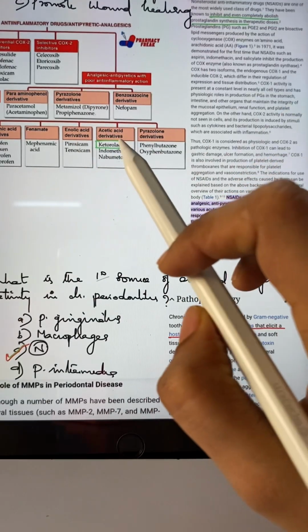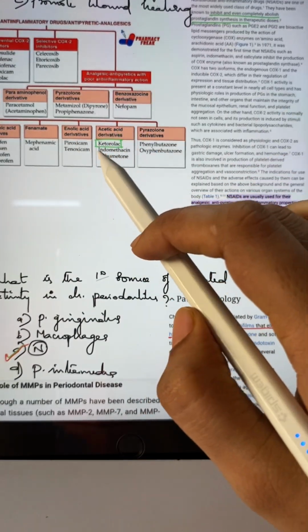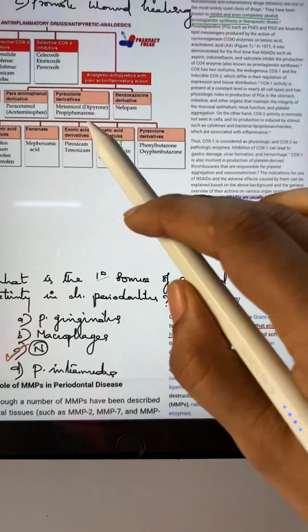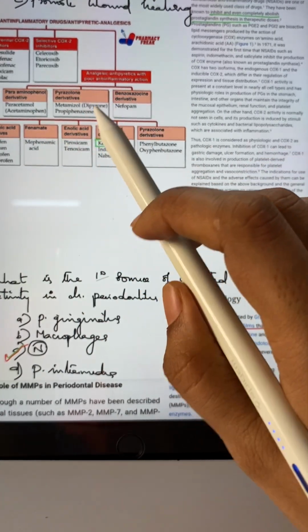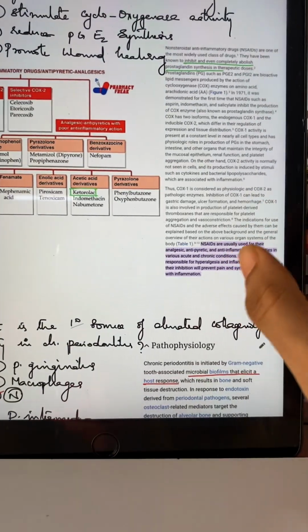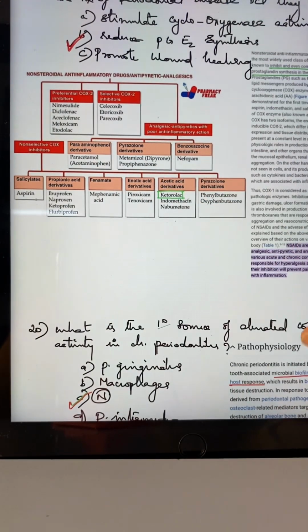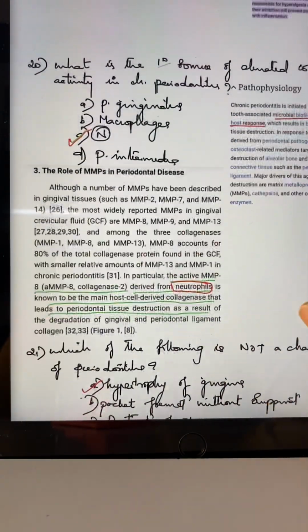Ketorolac is an acetic acid derivative of the NSAIDs. So this is ketorolac, this is the classification. Those who don't know about this, you can just refer here. The next question is, what is the primary source of